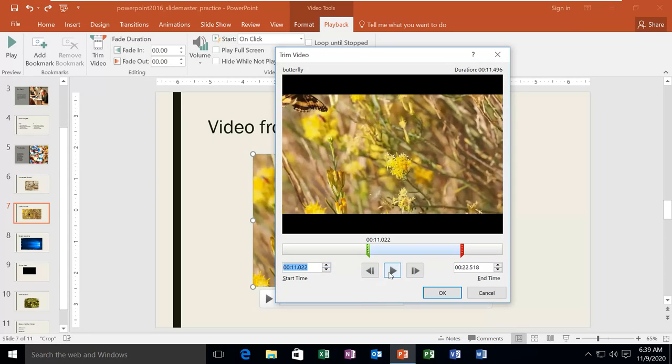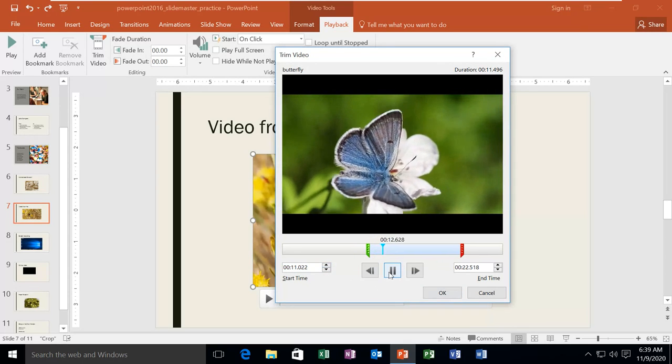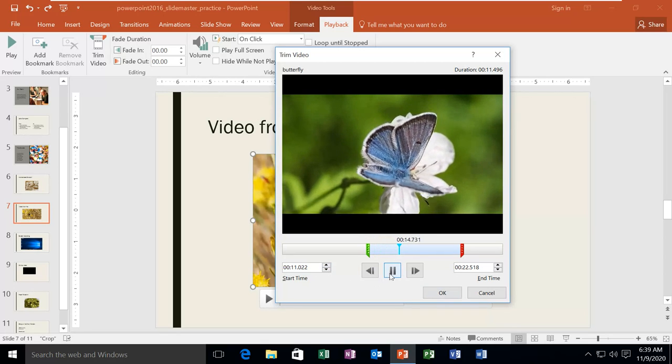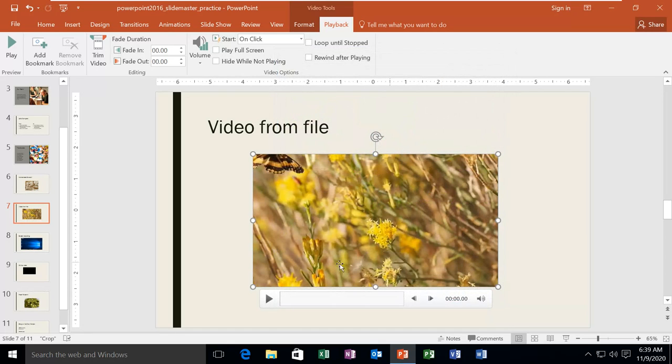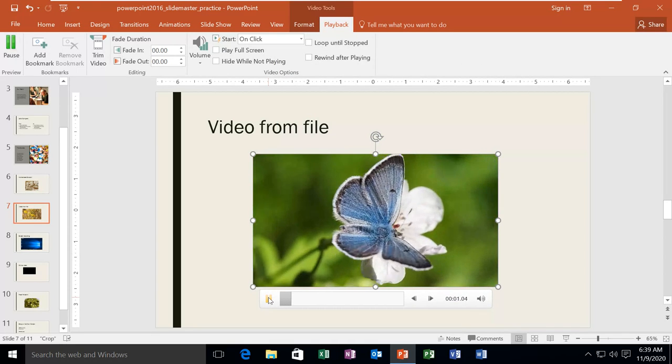When you're done, you can check by playing it. If you feel it is okay, then you can press OK. And now it is trimmed to only the seconds which we have selected.